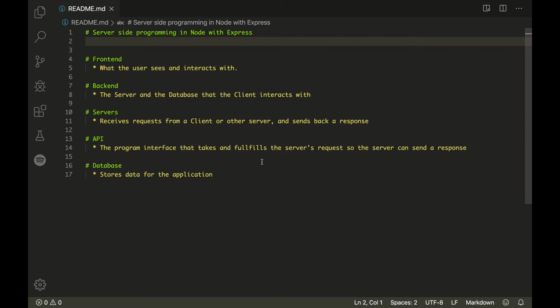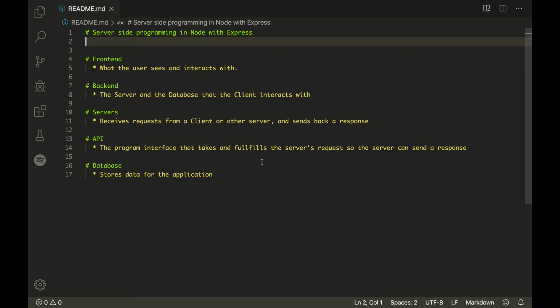Hey everybody, and welcome to this course where we will now cover the back end of full stack programming. So now we get to see what the server-side programming looks like, starting this journey of how we communicate with databases eventually. Now we're going to be covering server-side programming in the context of Node, so we're going to be using JavaScript, and eventually we'll be using a library called Express, which is the JavaScript library made for making